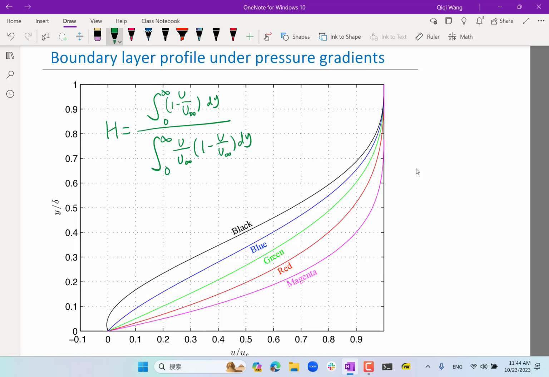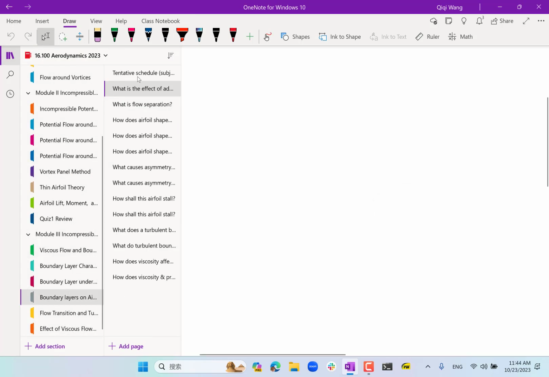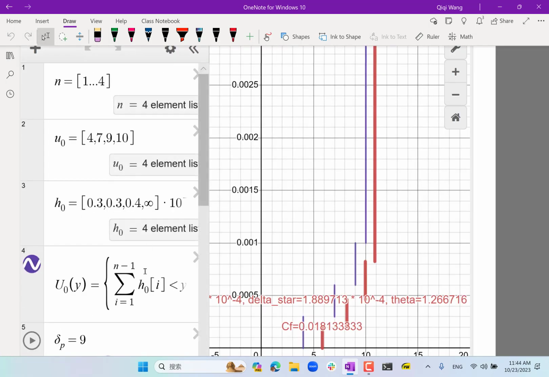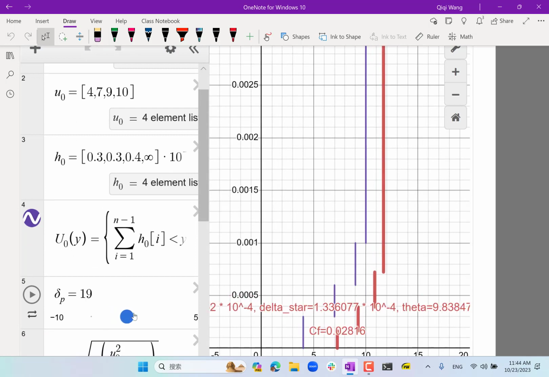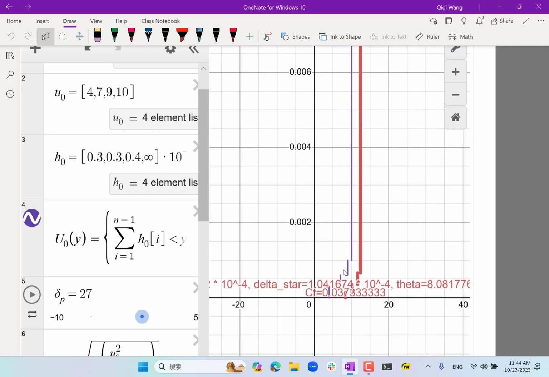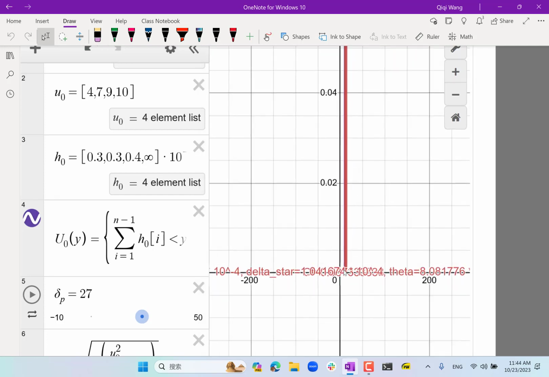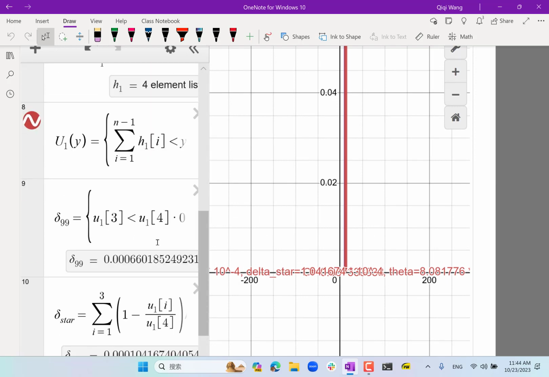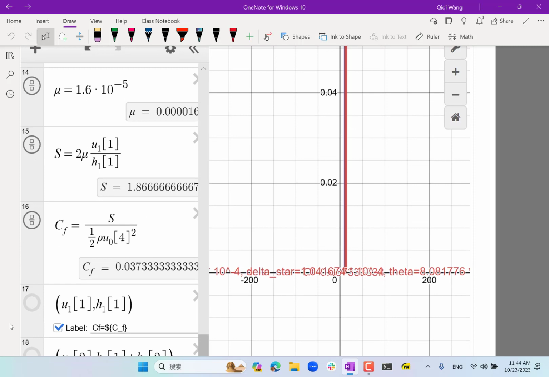Right, and again, we can go back to this demo, and it actually reports the shape factor on the different pressure gradients. So on the favorable pressure gradients, somehow, did I report H somewhere? Yeah, I think I did. It's just overwhelmed by